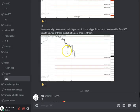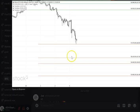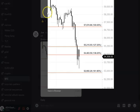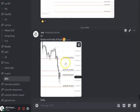And then what I usually do is I open the time frames. This one here is the H1 time frame. There was a very nice bounce at the 57,074, and I mentioned that once that level breaks, that sequence is triggered, and this is our min target area, and we could run all the way down to 52,850. If you ask me, we haven't seen the low yet. This is what happened. That was my last update on Friday. We were hitting our min target zone. We almost hit the bonus level at 52,850. But there is a bounce now this weekend, but I don't think that's...